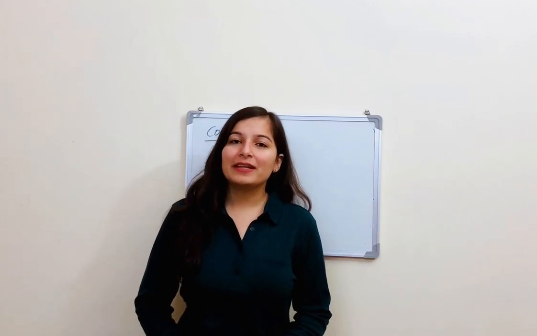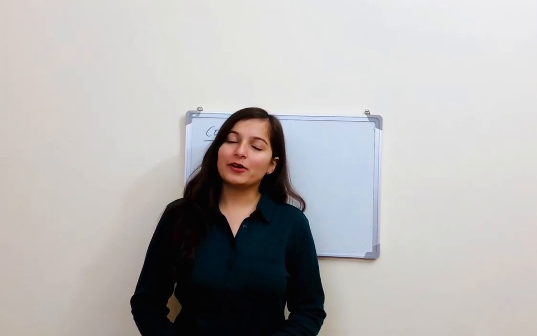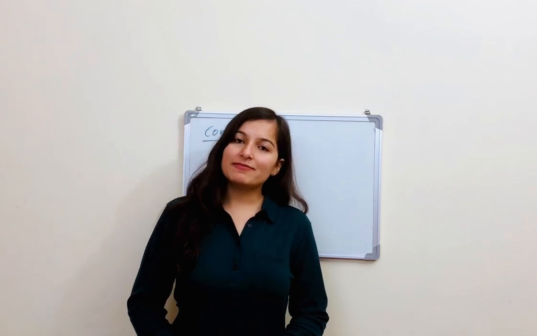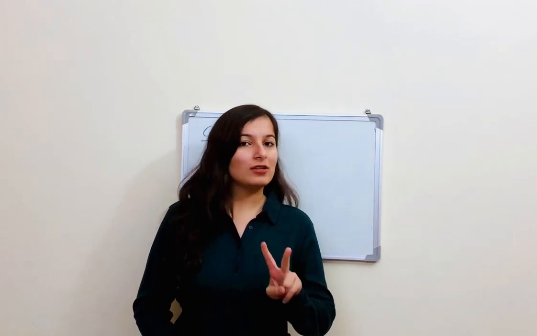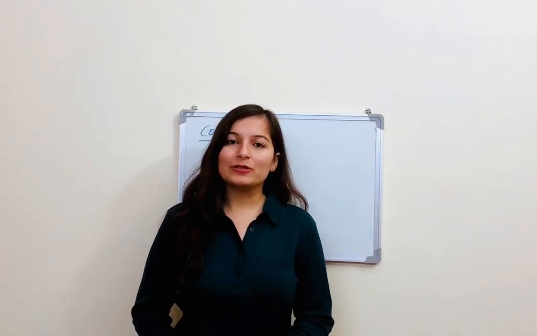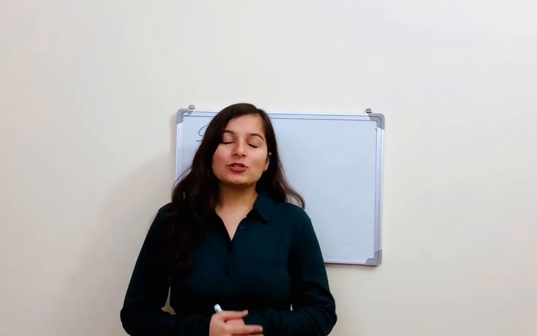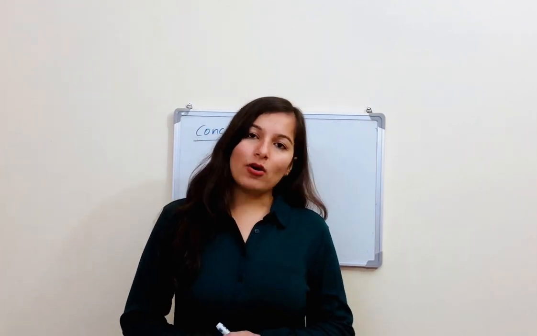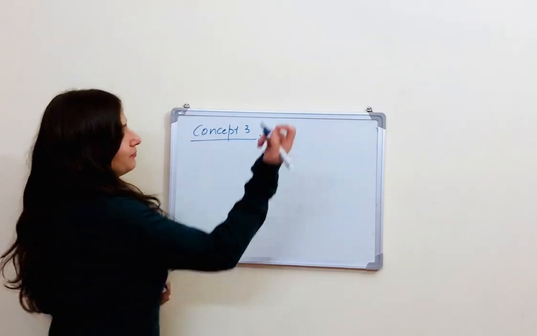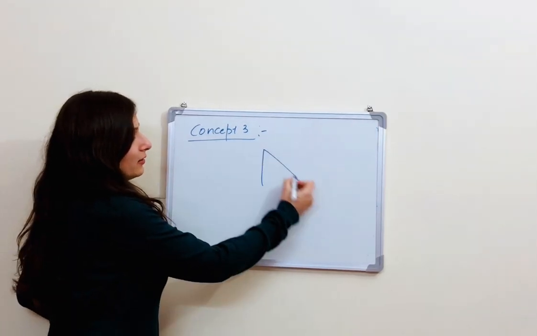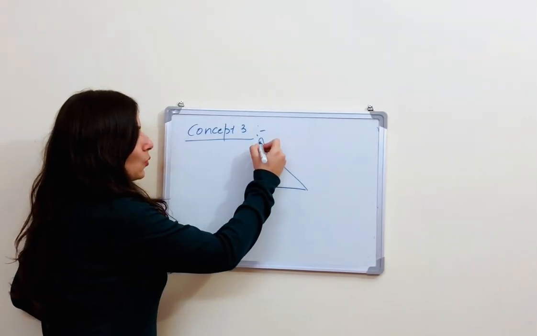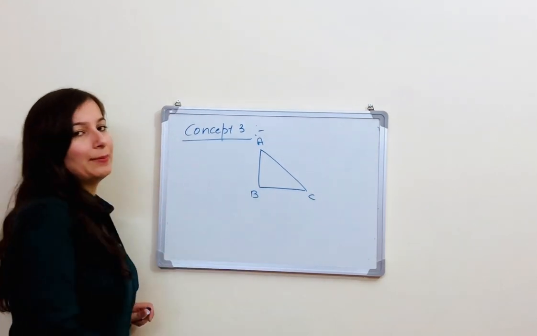Guys, I'm back with my new video, that is Introduction of Trigonometry Part 2. In the first video, we have covered two concepts, and in this video, we are going to cover the next two concepts. So, we are starting with the third concept. Let's say we have one right angled triangle ABC,